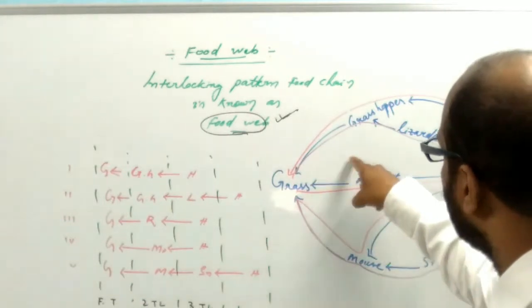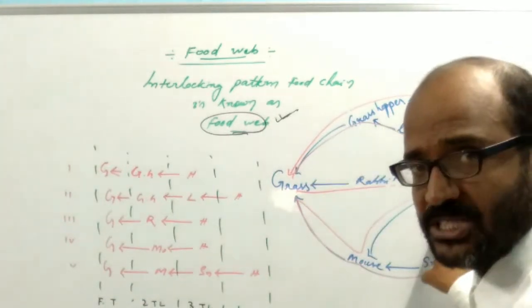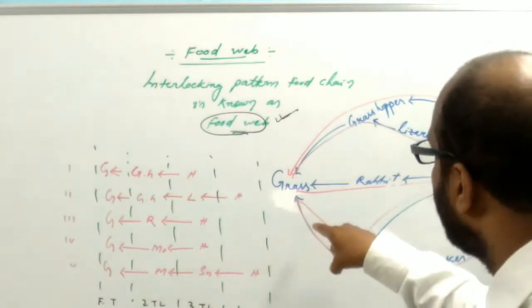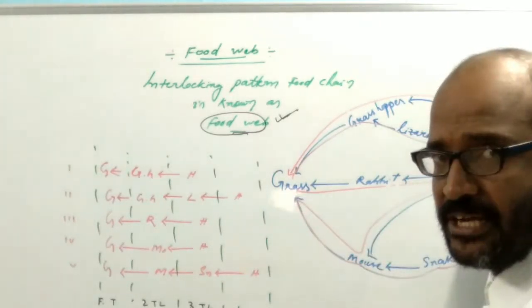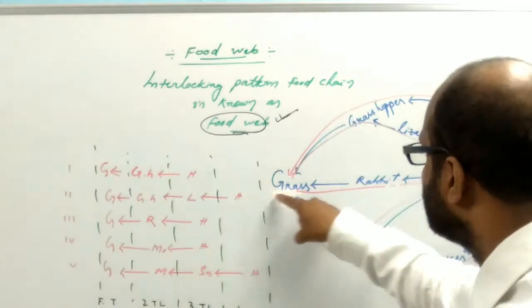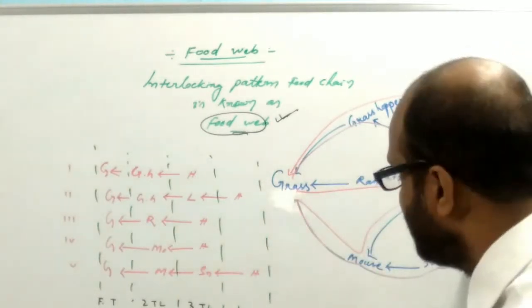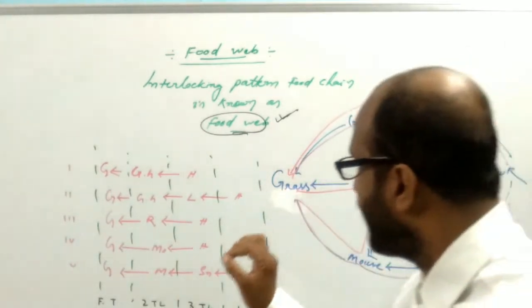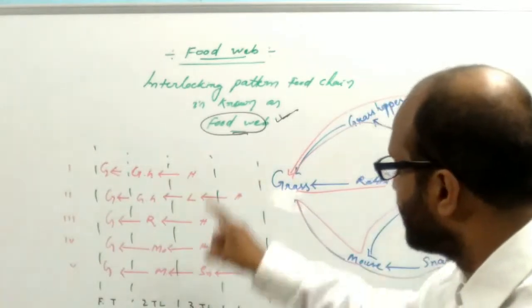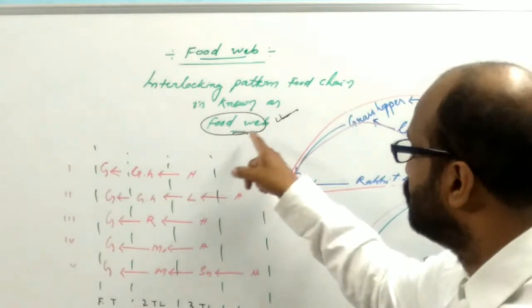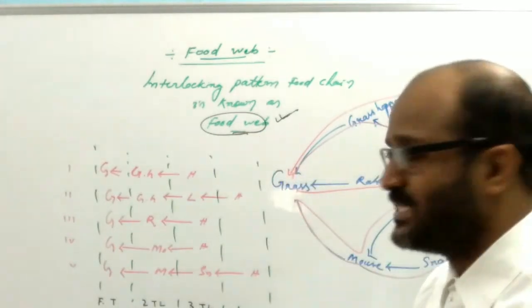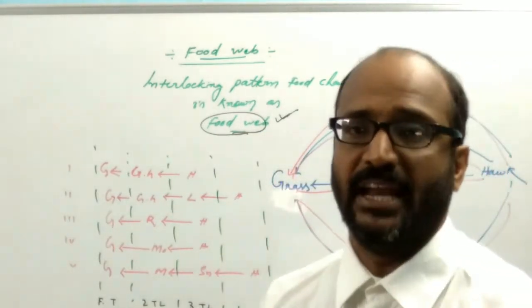So there are three main important things. First, there is an alternative arrangement in the ecosystem. Second, a longer food chain means more diversified animals are present. And third, the same organism at the same time in the same ecosystem, because of the food web, may be present in different trophic levels.